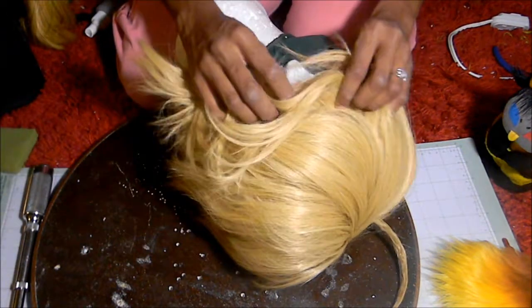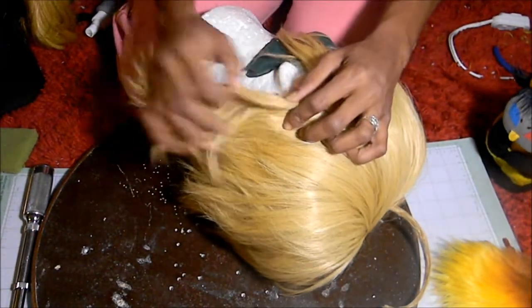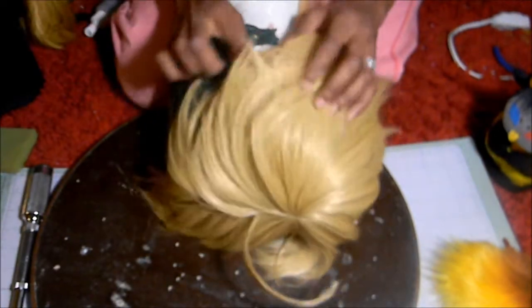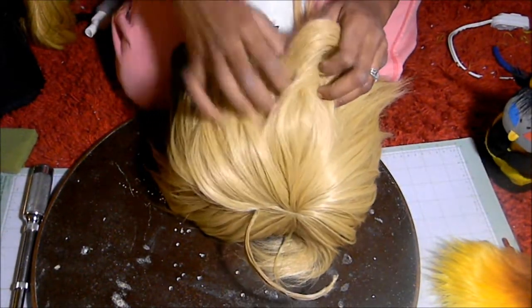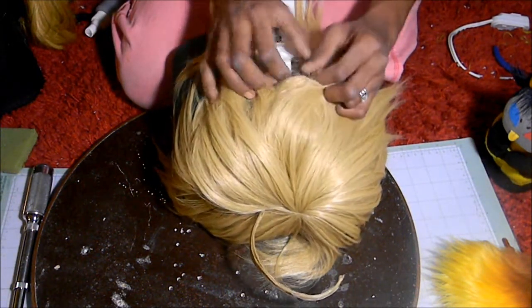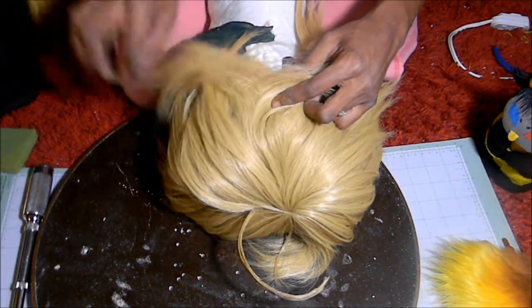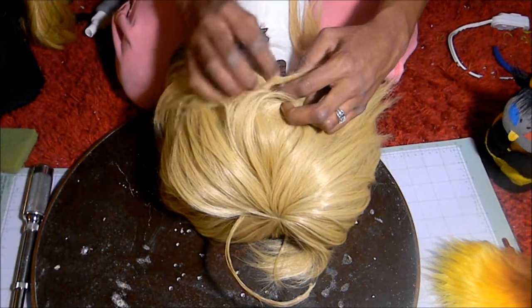Alright. Let's line it up. And fine, not this one. Here we go. So this is going to be on your own head, remember. You're going to, the temple piece should be very, very close to this. You're going to take your ear